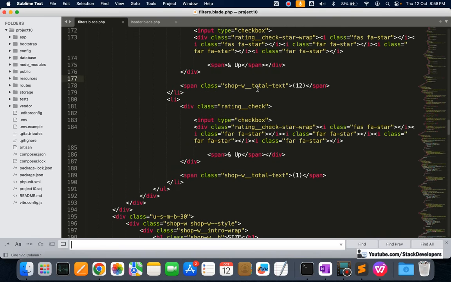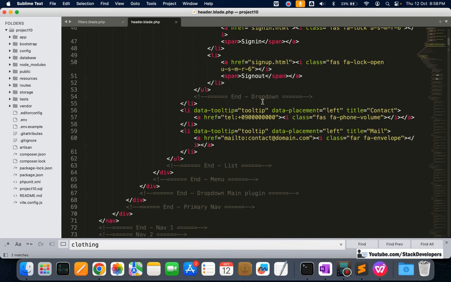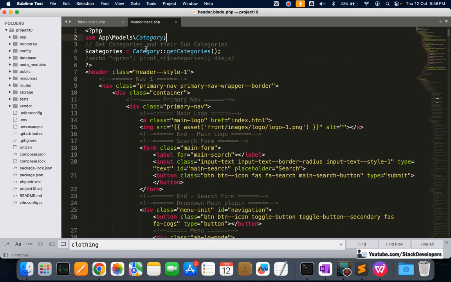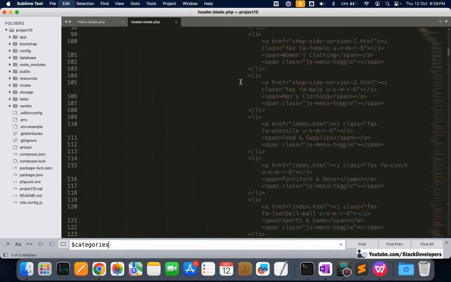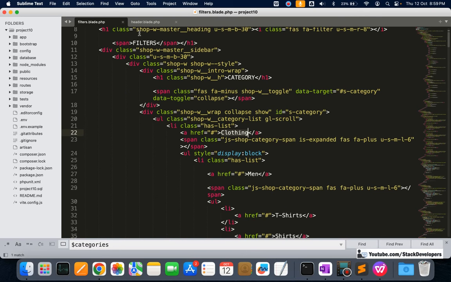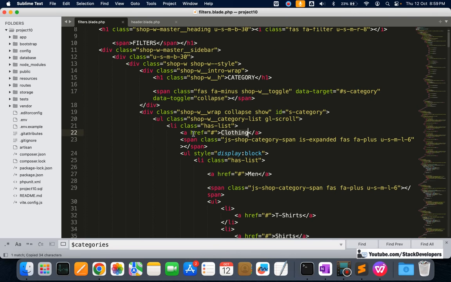Clothing, I'm going to search here for clothing. Here it is. So here we are going to add the foreach loop, like we have done in the header blade file, here the same thing we are going to do. We have an advantage now, as we have already done this kind of thing. We can simply search for the $categories here, and we can add that same kind of code. It will really help us. So the same foreach loop we are going to add, but we are going to keep it checked step by step. I'm going to copy this one, categories as category, and here